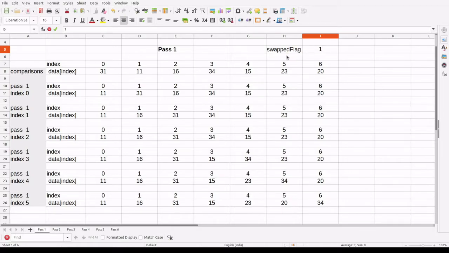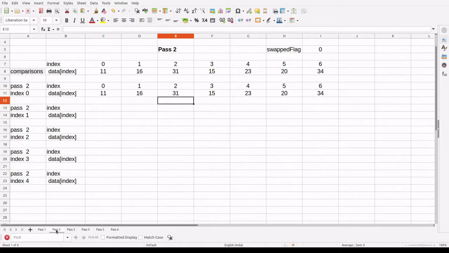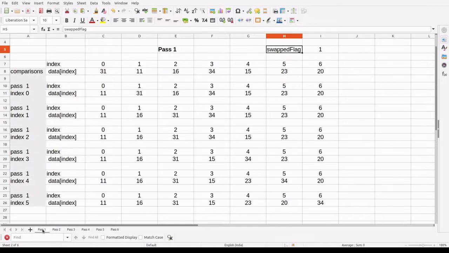Was the number of swappings done 0? No, it was more than 0. So we will change the value of the swapped flag to 1. Now let's move to the next pass, and here you can see that the number of comparisons has decreased. In pass 1 the number of comparisons was 6.